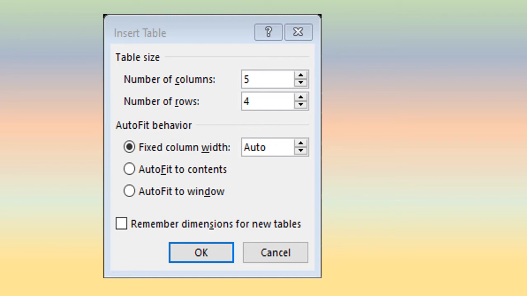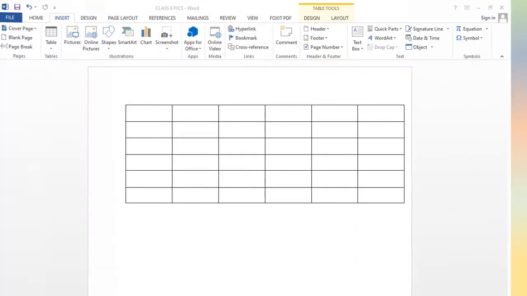And then at the bottom of this dialog box you will get OK button. So you will click on OK button. After that, such type of table will appear on your screen.